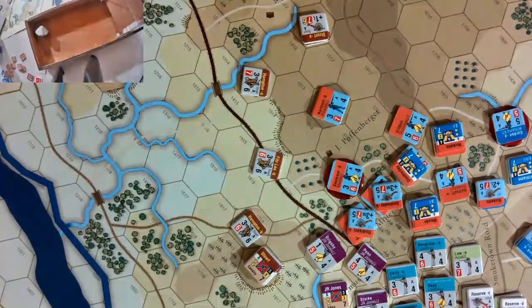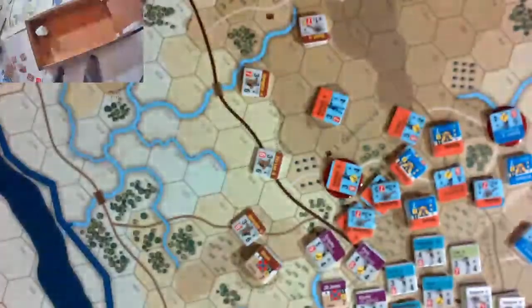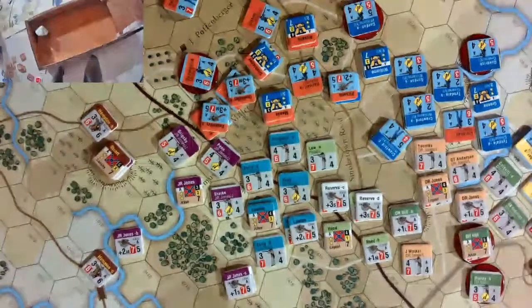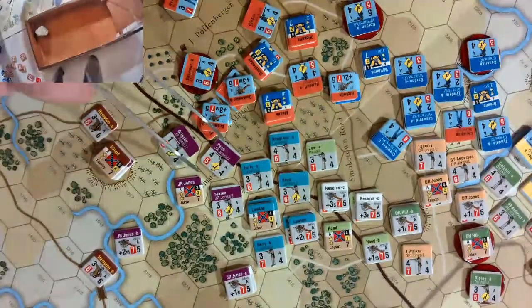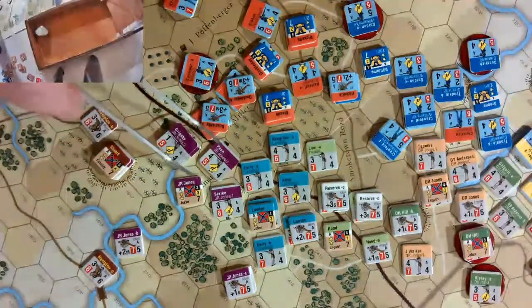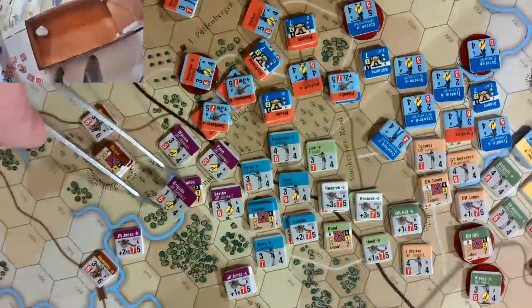Next, what do we have coming up here? We have Jackson again. All right, so Jackson comes out. That's going to be number 5. Yeah, okay, that's 2, 4, 5. Yeah. Okay. So Jackson is coming into the attack again. So I think we'll start over here with Jones. Jones is in a tough position. He's got to pull units back. And I think he's got to pull back him